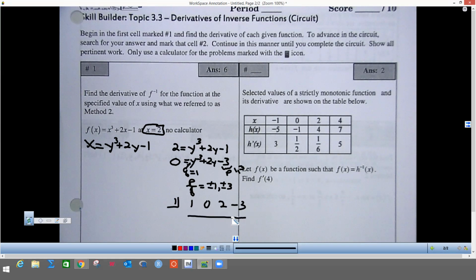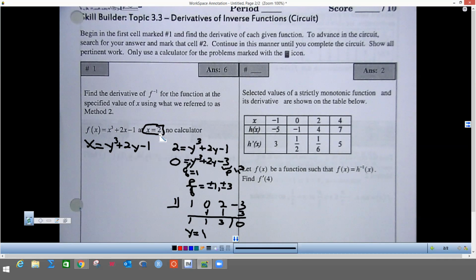When you do synthetic division, if you get 0 here, then 1 is a solution to the problem. So you always bring the first number under the line, number in the box times underneath, put it under, add these two together. Number in the box times underneath, put it under here, add these two together. Number in the box times underneath, put it here, add these together. Since 0 works, that means that y equals 1 is a solution to my inverse problem here when x is